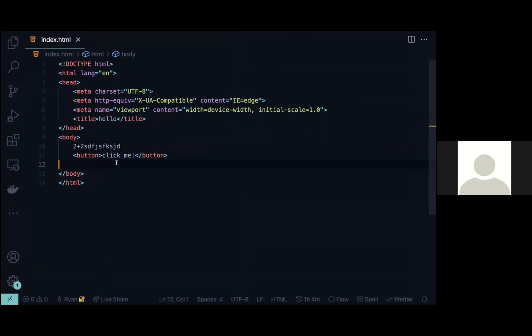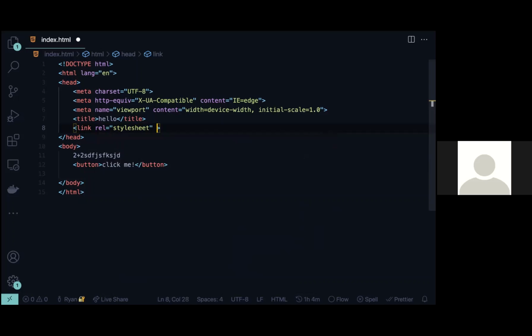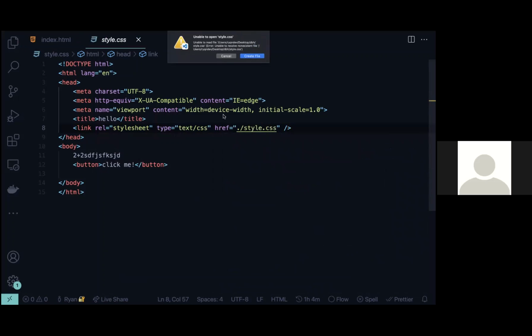Now, the next thing is CSS. And I'm not going to go into this at all, mainly because it just makes things pretty. That's the whole point of CSS, okay? And I'll go through really quickly how you would do this. There's other resources for this, so I'm not going to waste your time. Type link tag, rel stylesheet, href, style.css, and literally all CSS is